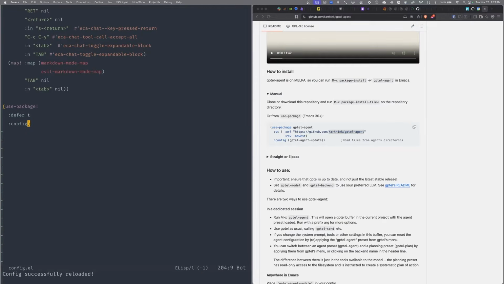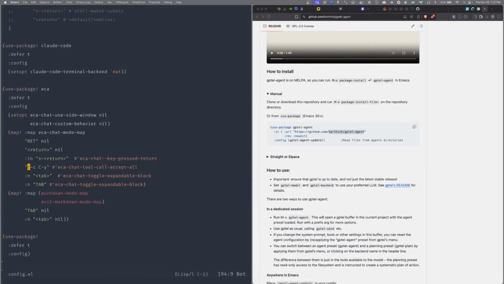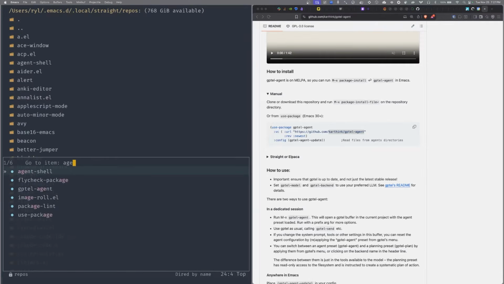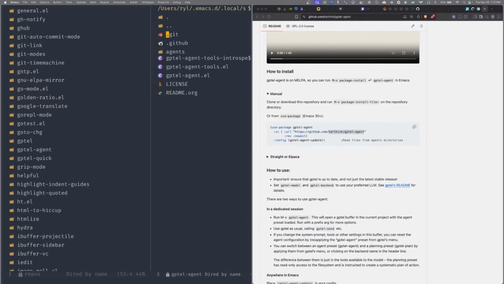I don't pin the packages like most people do. I figured I get the fresh things, and once they break, it's easy to find what's breaking. So I should have gptel-agent. I have it, so I can. I'm not sure if it loaded it.